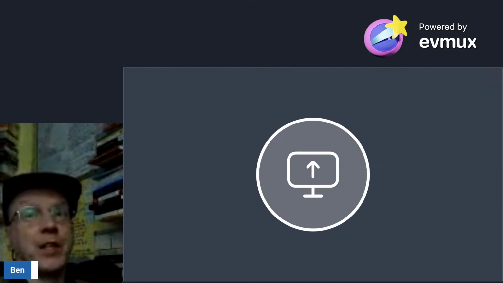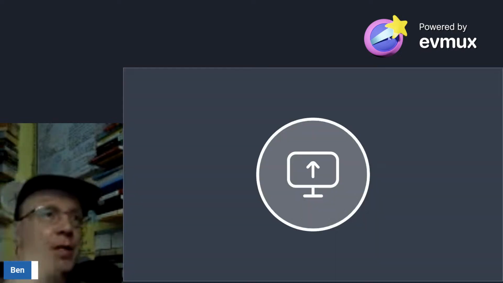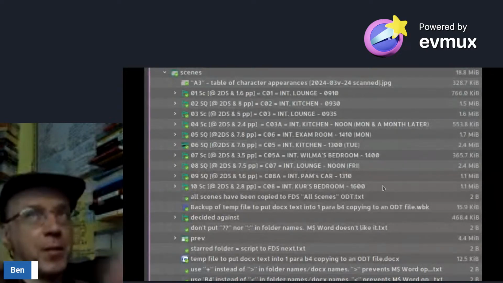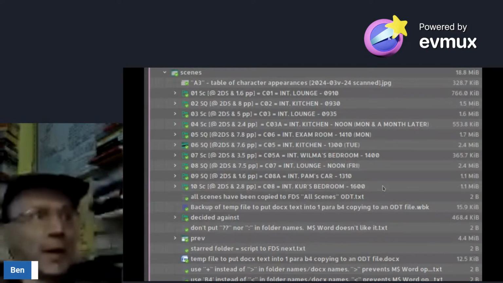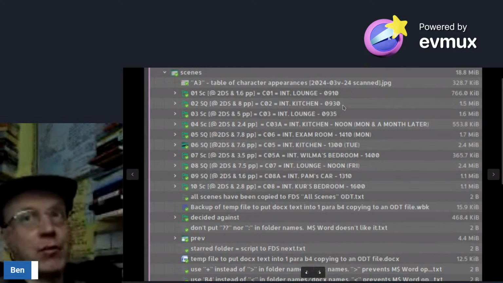So, these are the scenes from A3, and I would like to point out to people that one of the things which is useful to me is working out exactly when a scene is taking place. This is particularly important if you have two plots going on at the same time, because then you start thinking, does this person have enough time to get from there to there for that scene? So even if it never appears on screen, it's good to work out when,